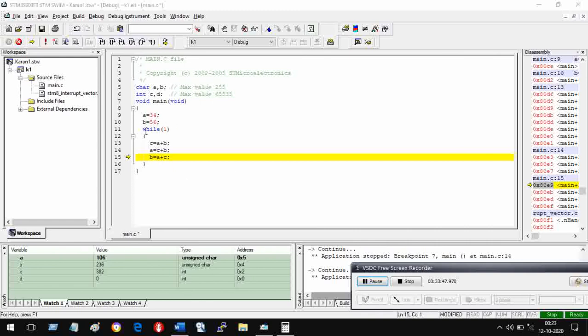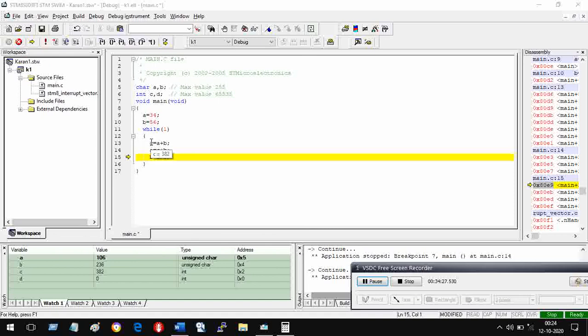Here you have understood this, that while loop means what? While one means always. If you say while something less than something, something greater than something, then it will look for that condition and stay inside this loop. Okay, right now it will start from here, next step, until this comes. And when this comes, it will go back to this place that you have seen. I will show you in a step-by-step mode. Right now we are at line number 15, and after executing this, there is a bracket here. So it will go back to this bracket and then execute the next instruction.